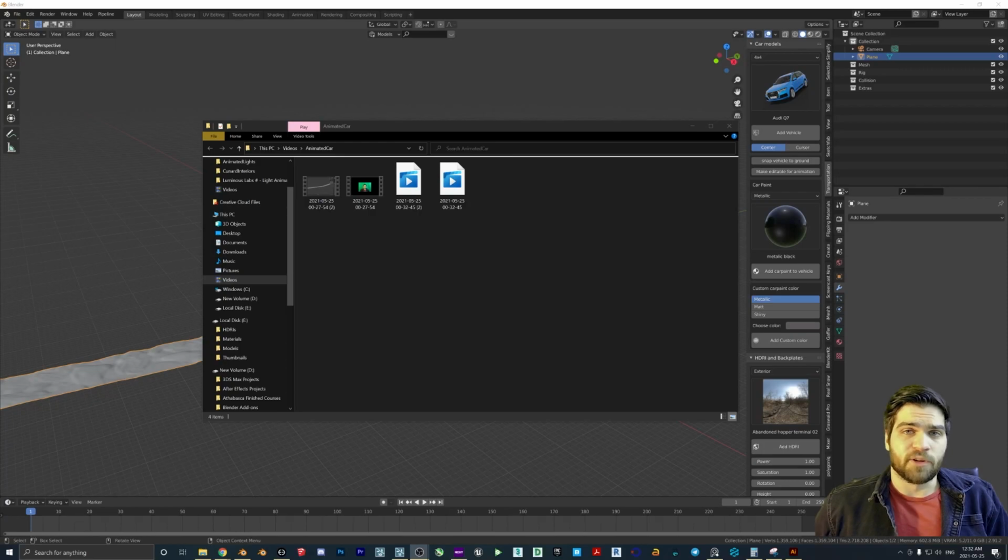Something I also want to be clear about when we begin the video here is that I'm going to be using the transportation add-on for all of the car models in this. I'm obviously not going to be showing you how to model a car, and I'm also not going to be showing you how to rig a car in this particular video, just because that is quite a bit more complex,